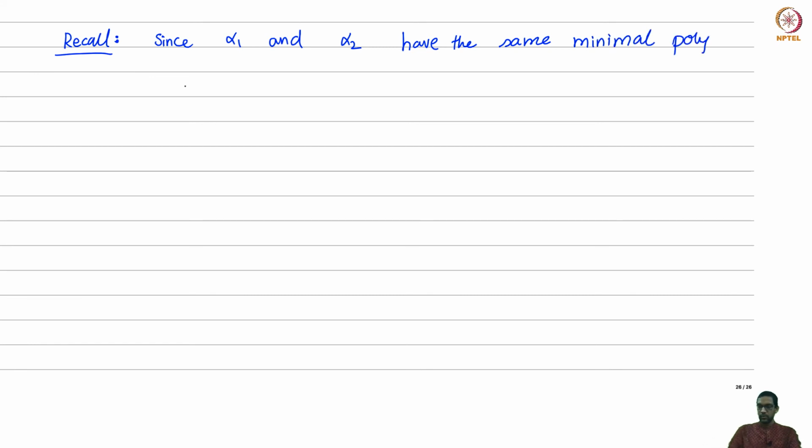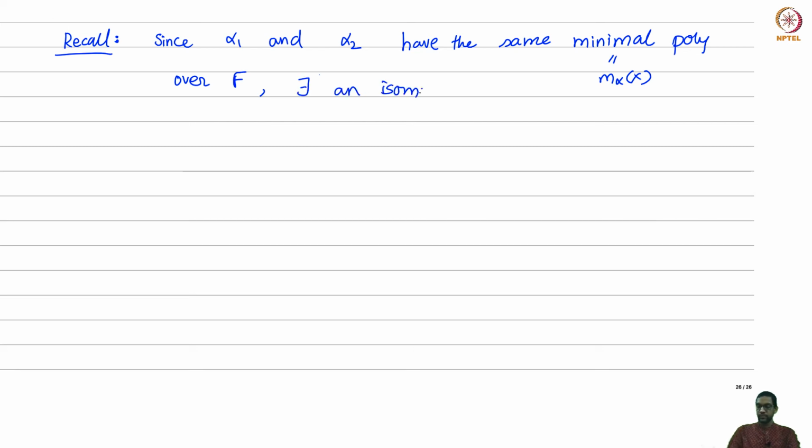So again, recall from the previous discussions on symbolic adjunction of roots and so on, that since alpha 1 and alpha 2 are both roots, they both have the same minimal polynomial over F. Because what is the minimal polynomial? What we called M alpha of X. Both of them are roots of that, and M alpha is irreducible, so it must be the minimal polynomial of alpha 2 as well. Okay, so since they both have the same minimal polynomial, we know that there exists an